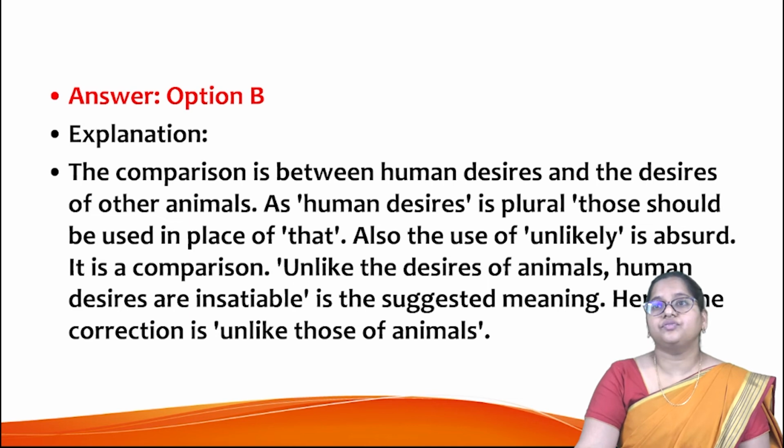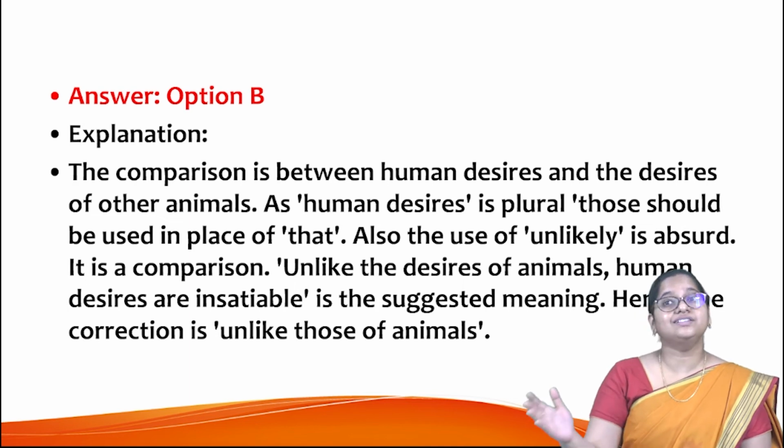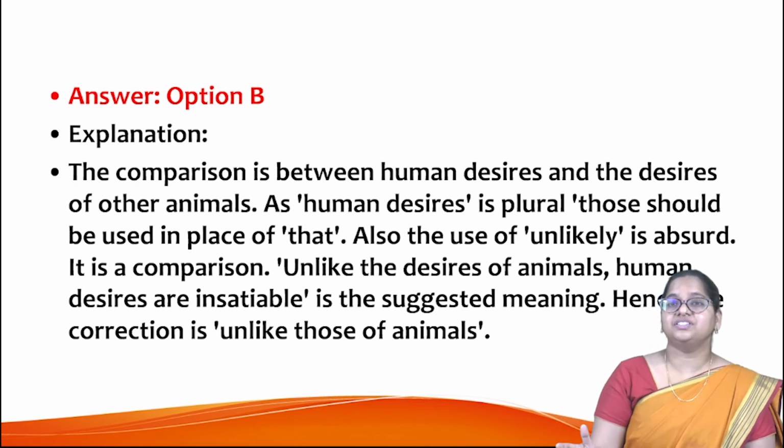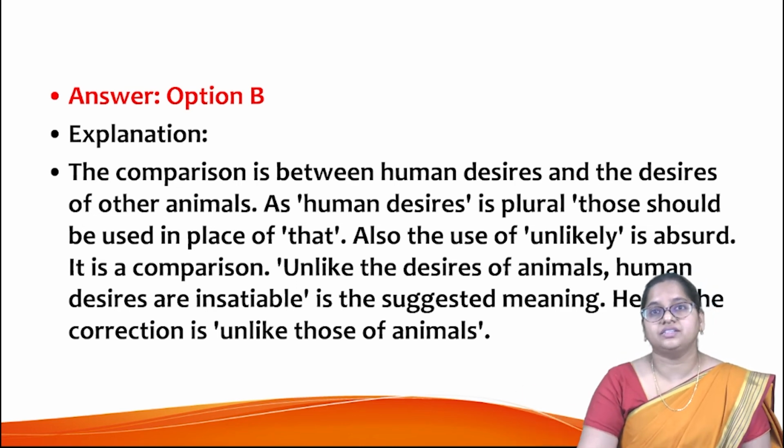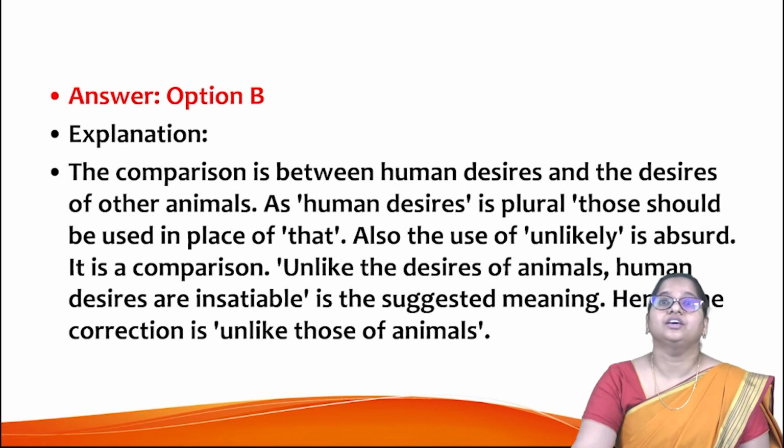Also, the use of unlikely is absurd. It is basically a comparison. Okay, unlike the desires of animals, human desires are insatiable. Insatiable is the suggested meaning here. Hence, the correction is unlike those of